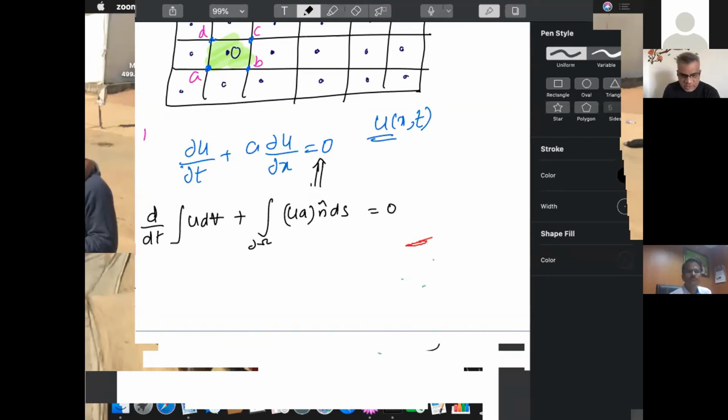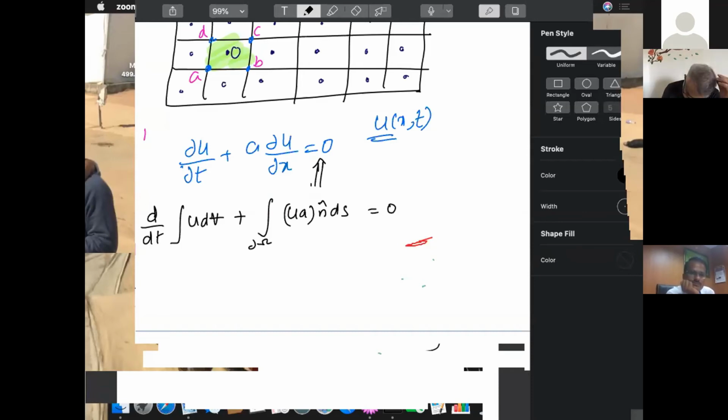You apply Gauss divergence theorem, use the chain rule, take u inside that derivative. The spatial derivative is like dou of au by dou x, so that's like a divergence. You apply Gauss divergence theorem and convert that volume integral to a surface integral. You get the second one. And you integrate in space over the entire volume, and take the time derivative outside the integral, and you get this. So this is the basic integral form of the wave equation that you use.